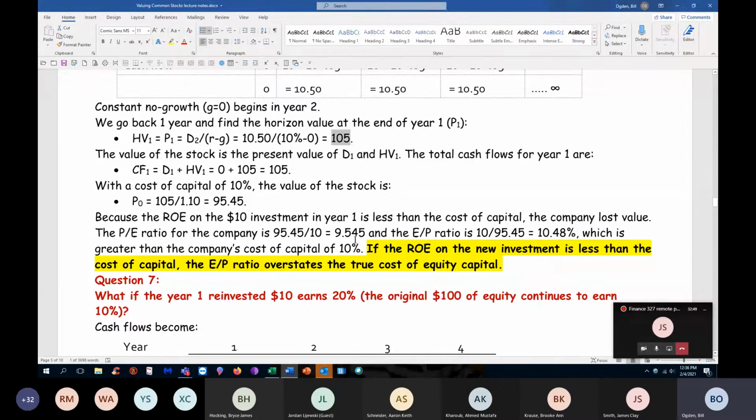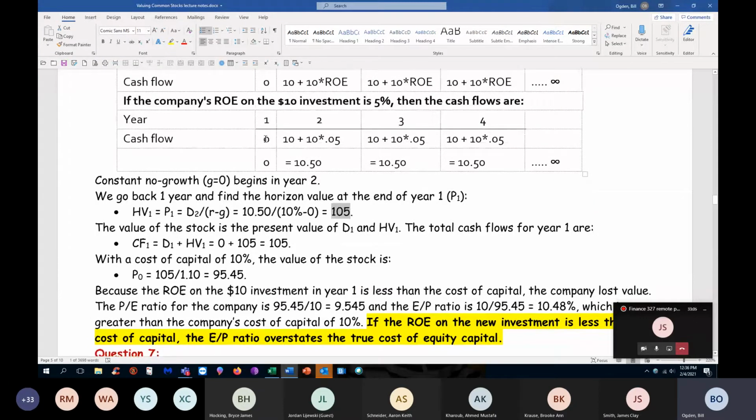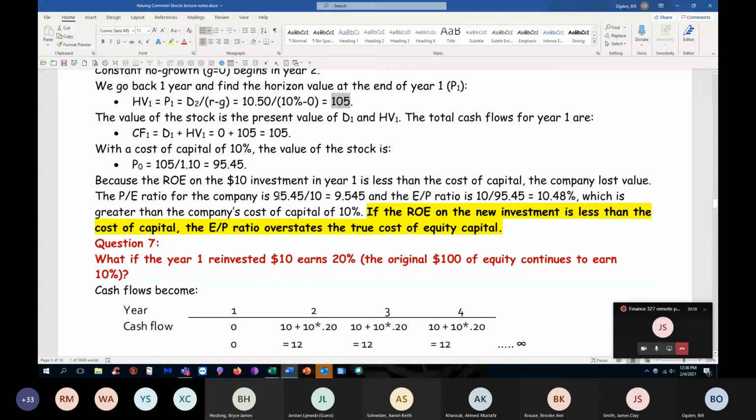I think you might look at your document, there's a small error here. I think I put 9.545. I corrected mine, but this should be 95.45. So the PE ratio of the company, price to earnings, and again, even though there's nothing paid in year one, the earnings for year one are still $10, aren't they? So 95.45 divided by 10, the PE ratio is 9.545. If we invert that to get the earnings to price ratio, we get $10 over 95.45,